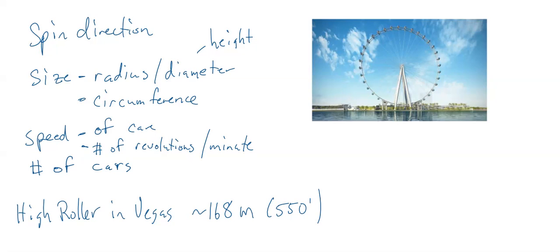Anything else that's important about a Ferris wheel? So the height, if a Ferris wheel had a diameter, let's say of 100 meters, so that would be a very tall one, what would its maximum height be? So if it had a diameter of 100 meters, what would the radius be? 50, because the radius is the distance from the middle to the outside. And then the diameter is the distance all the way through. So if that was 100,